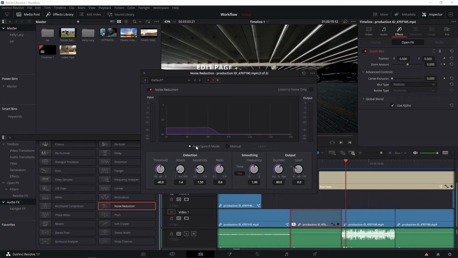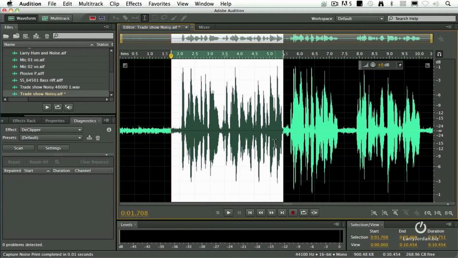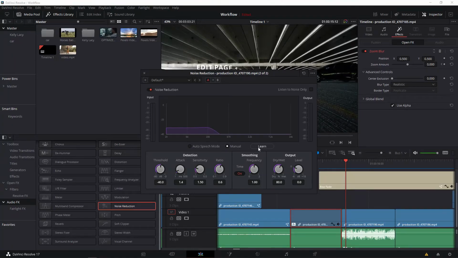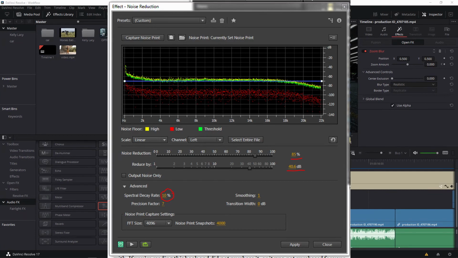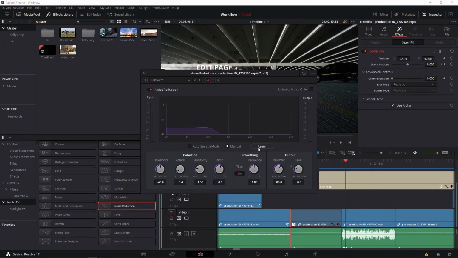If you come from an Audition background, in Audition there is a noise reduction plugin, and there you have these two things known as Control K and Control Shift K parameters, which learn specific noise from the audio and just treat that certain noise from the whole audio waveform. Now this is really useful. You don't have to go to the